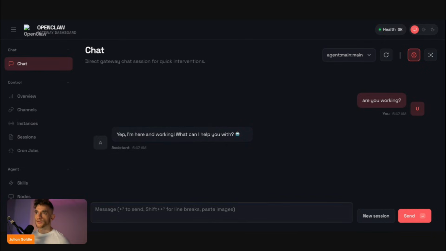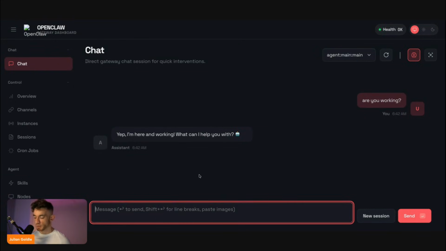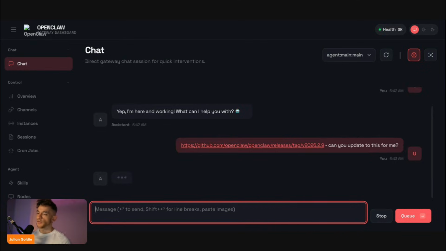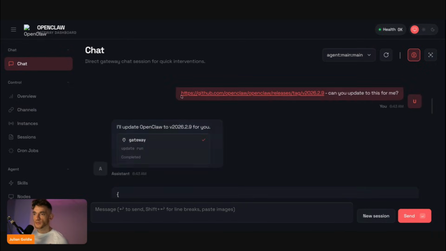Right now, if you want to, for example, set up the new update, I've not tried this method before. Usually I just uninstall it and then install it again just to make it simpler, but let's just say, okay, let's update to this for me. We'll see if that works. If not, we'll just uninstall and reinstall. Depends what API you're using as well. For example, if you're using Claude Opus, this tends to update itself quite well. If you're using something like Kimi K2.5, it actually struggles quite often,